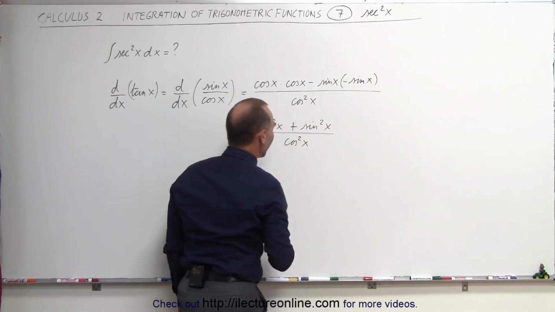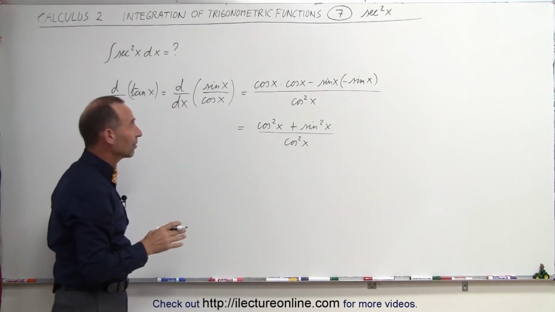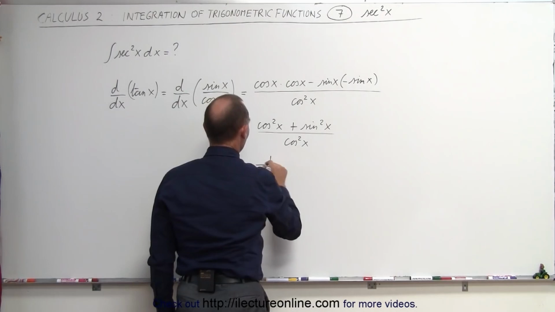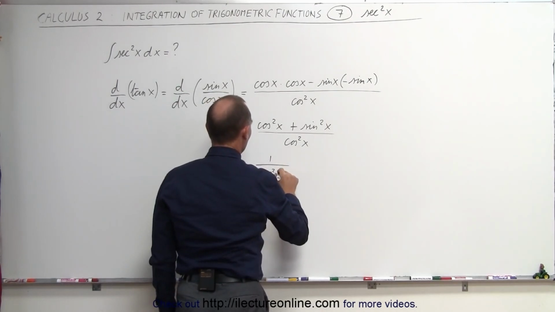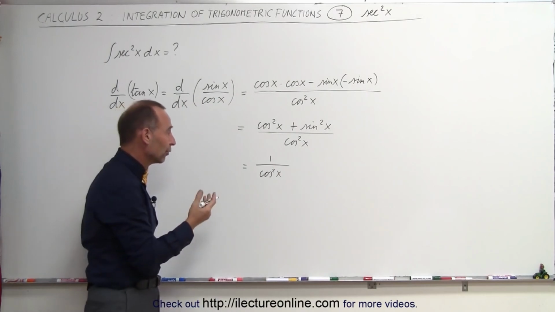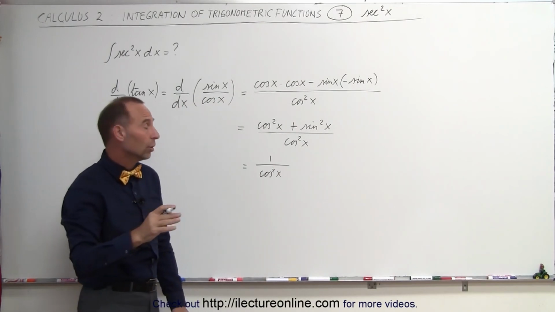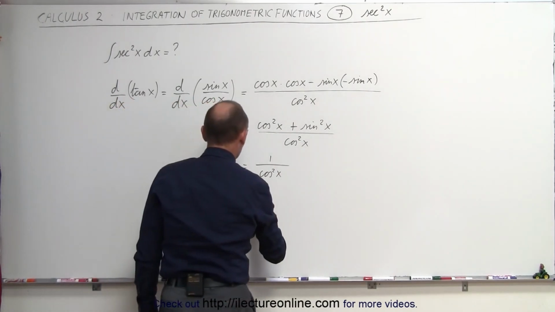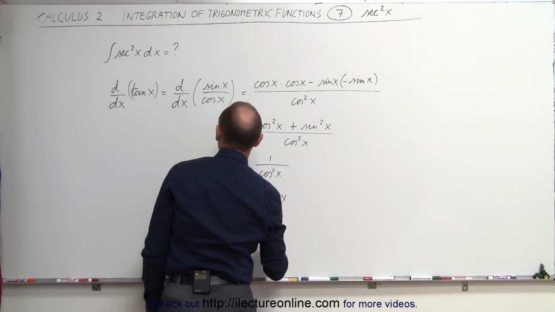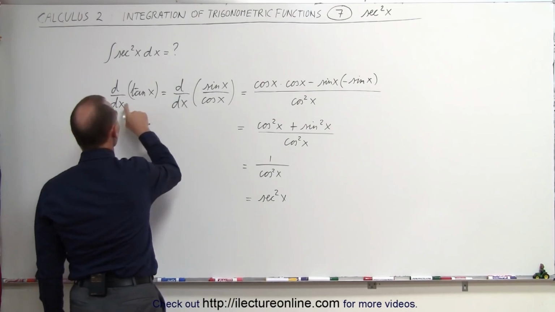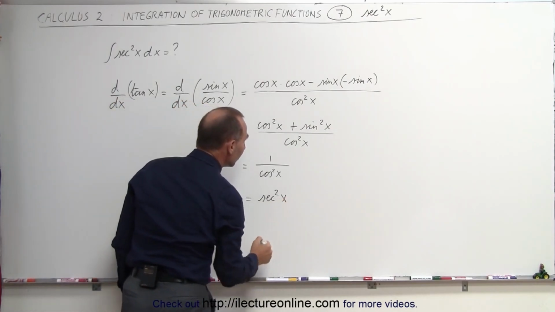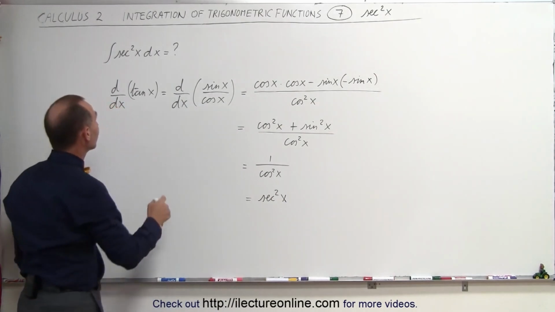In the numerator, everybody should recognize that the cosine square plus the sine square is equal to 1. This is equal to 1 divided by the cosine square of x. And 1 over the cosine is equal to the secant, therefore 1 over the cosine square is equal to the secant square of x. What we're seeing here is that if we take the derivative of the tangent of x, we get the secant squared of x, which means that if we take the integral of the secant square of x,